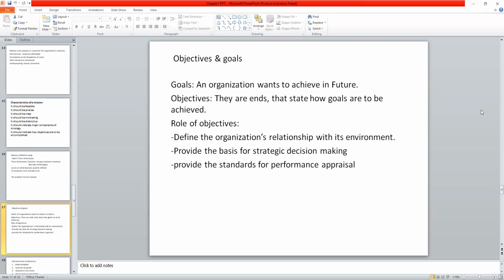So again, goals are much broader and qualitative in characteristic, while objectives are more of an operational kind and they are measurable. They should be measurable, otherwise there is no relevance, because one would not be able to understand whether they are moving on the correct path or correct position ahead.